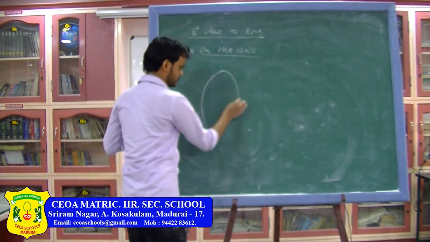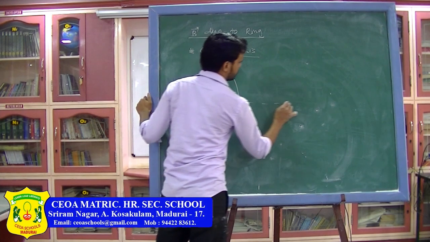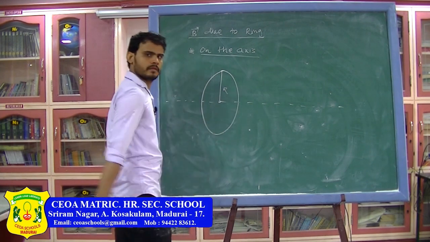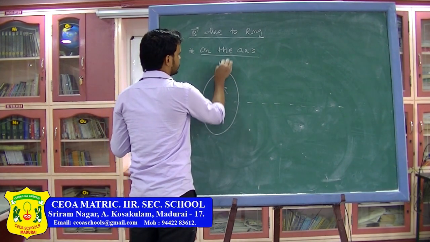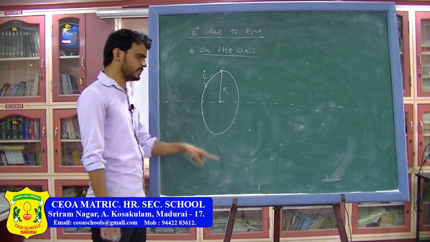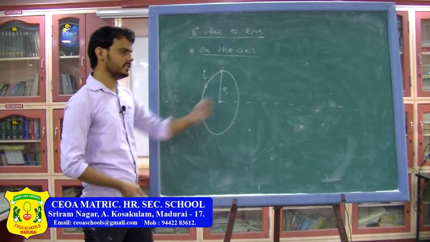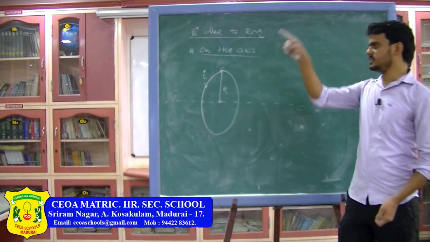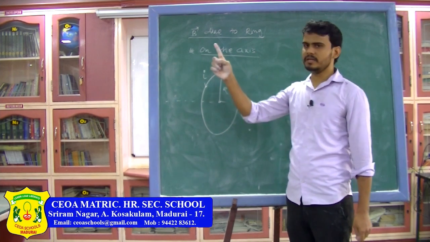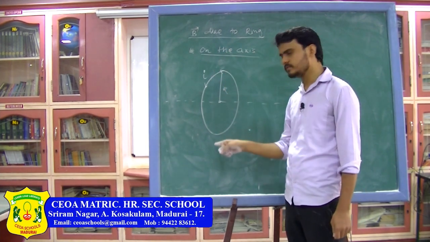So basically you have a ring. So this is the axis of the ring. Radius of the ring I am assuming R, and there is a current in the ring which is I. So if you are standing here, you will see that the current is flowing like this, or if you are seeing from this side, you will see that the current is flowing like this. So here at this point, the current will come out, and at this point the current will go inside. So here the direction of current is outwards, here the direction of current is inwards.